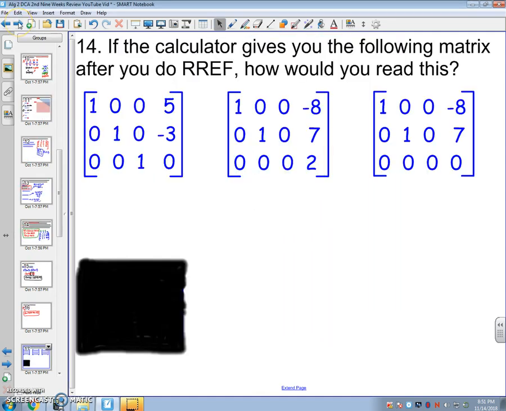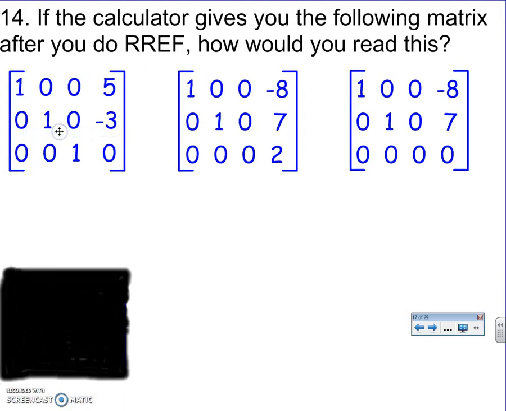Alright, 14. If the calculator gives you these, what does it mean? After you do REF, so basically if you start a matrix, you type in calculator, second matrix, math, REF. This is the final answer the calculator gives you. Make sure you read this. If we're saying this is x, y, z,